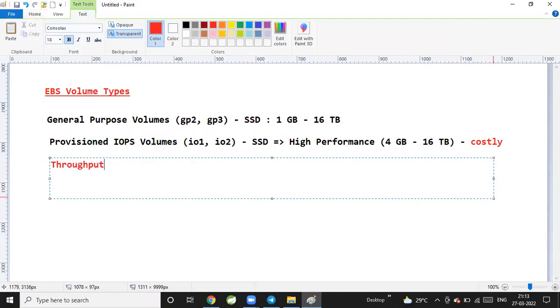Throughput volumes are available. This is called the ST1 category. These use hard disk, HDD. Hard disks are available for frequently accessed data at a cheaper price. If you want to access the data very frequently,